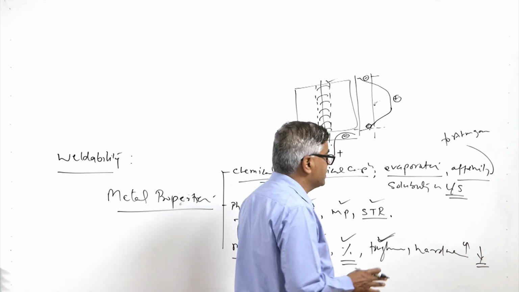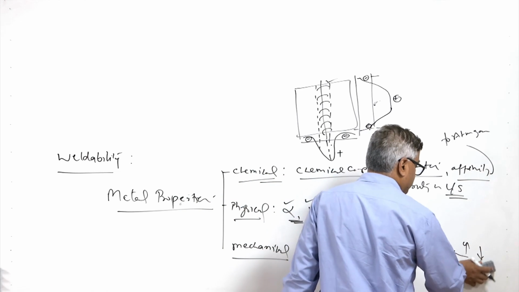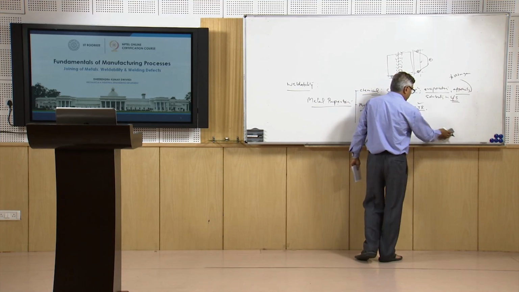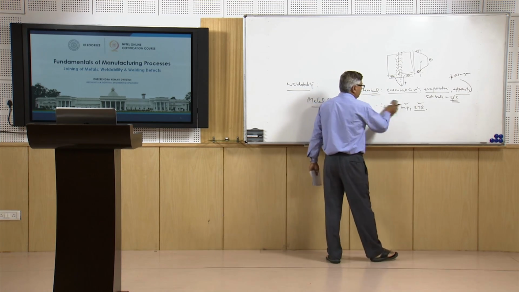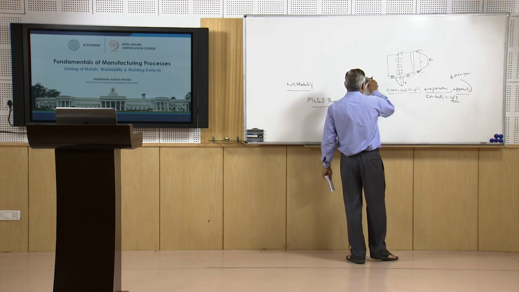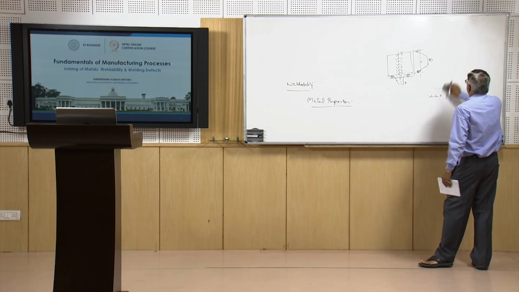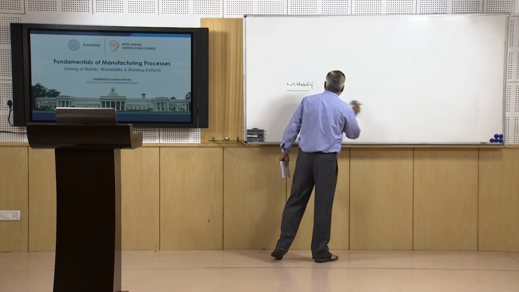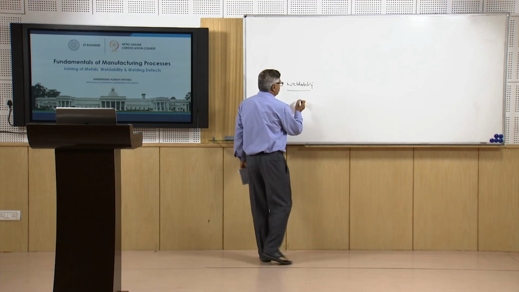The main reason for this is the increased cracking tendency of the weld joints when the hardness of the metal is high, because high hardness metals will not accommodate the tensile residual stresses being developed during the welding, and so it will be leading to the increased tendency for cracking, and therefore, the weldability of the metal will be reduced. So, now we will see the weldability of the steels and the factors affecting the weldability of the steel.